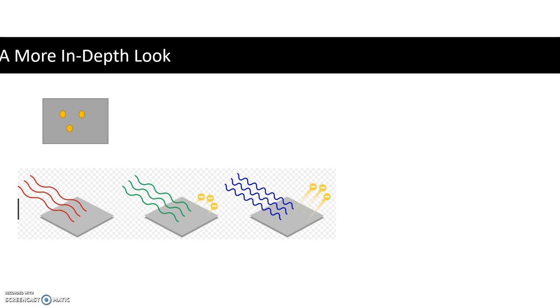So first we have the photon coming in, and for the sake of simplicity, let's just look at one photon interacting with one electron. So Einstein says that photons have the energy E is equal to hf, where h is Planck's constant. It's just a fundamental constant in the universe, and f is the frequency of the photon. When the photon hits the plate, it is absorbed, and then an electron is released. Now, electrons have mass, so this released photoelectron will have kinetic energy since it's moving and it has mass. Thus, the energy that was in the photon must have been transferred to the energy of the electron.